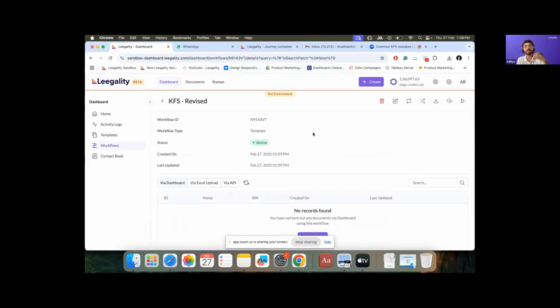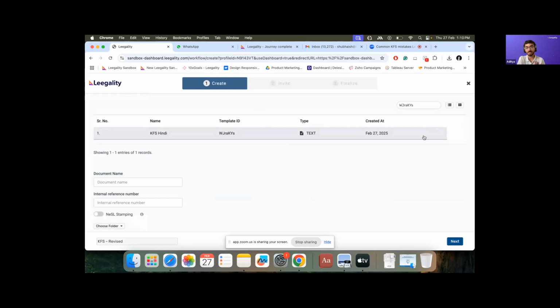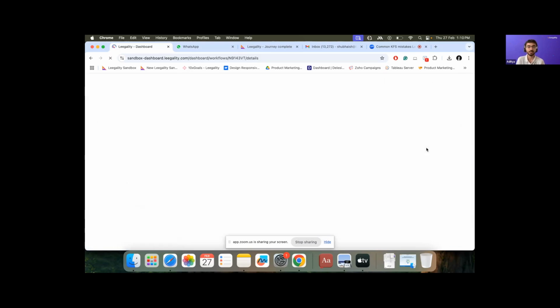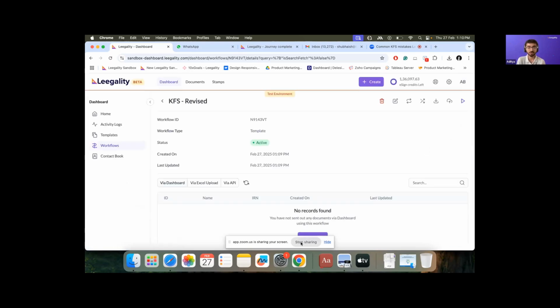So it's honestly a question of re-triggering this link, which can be done in an automated way via API, or manually if your branch or field agent needs to do it. They get user access or send-only access to the dashboard, where they go to the revised workflow, enter the revised details, trigger the link, and the customer receives it on WhatsApp and re-acknowledges it. So the answer is simple. You just have to re-trigger this process, which can either be done automatically or manually via the dashboard through a simple few-click process for your branch or field staff. I hope that answered the question. Do raise your hand if you have any follow-ups, if that was not clear enough.